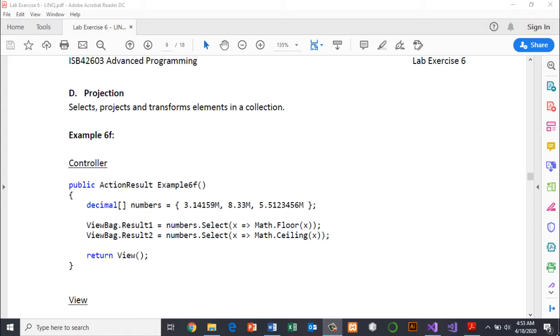Next category, we have projection. So projection selects, projects, and transforms elements in a collection. For example, we have example 6F. In example 6F,